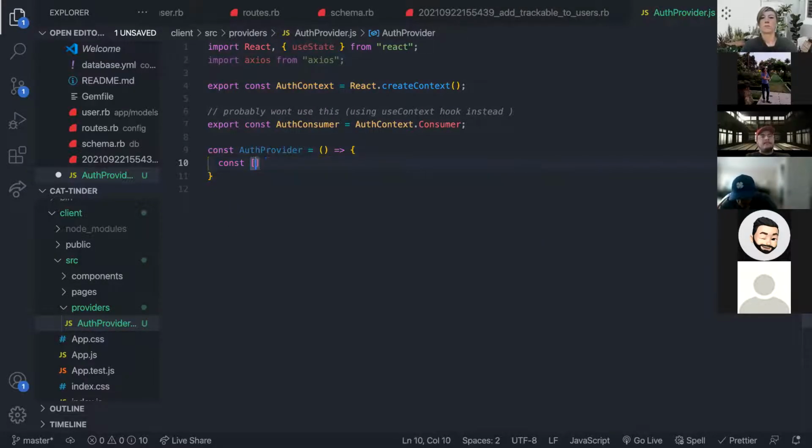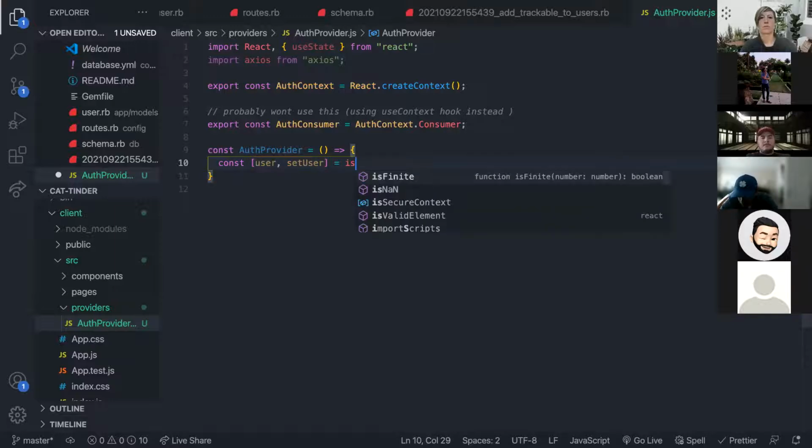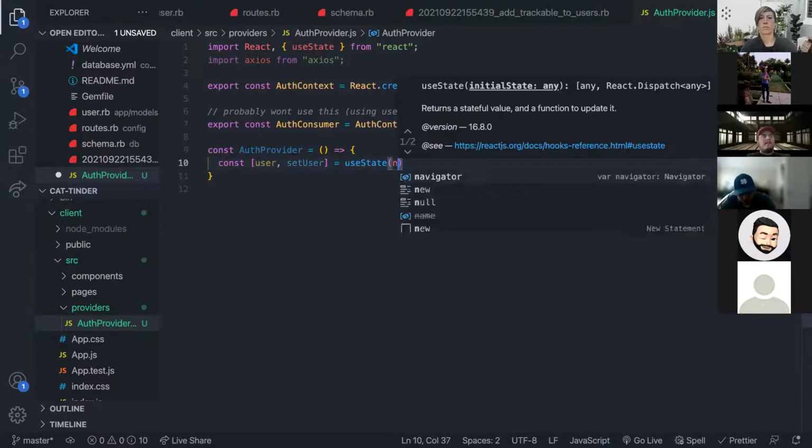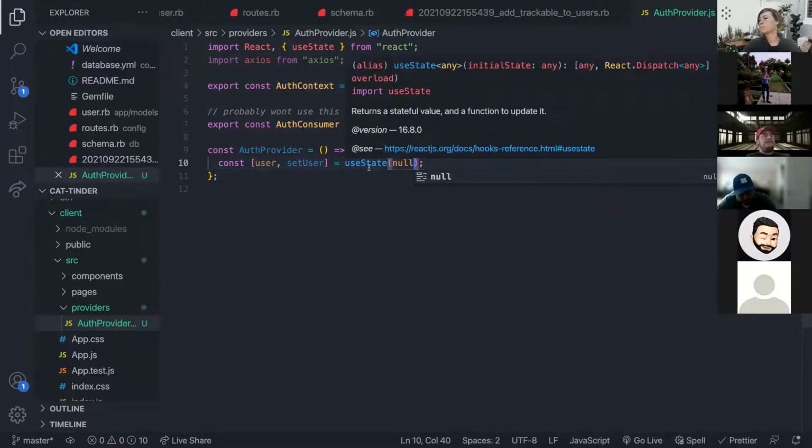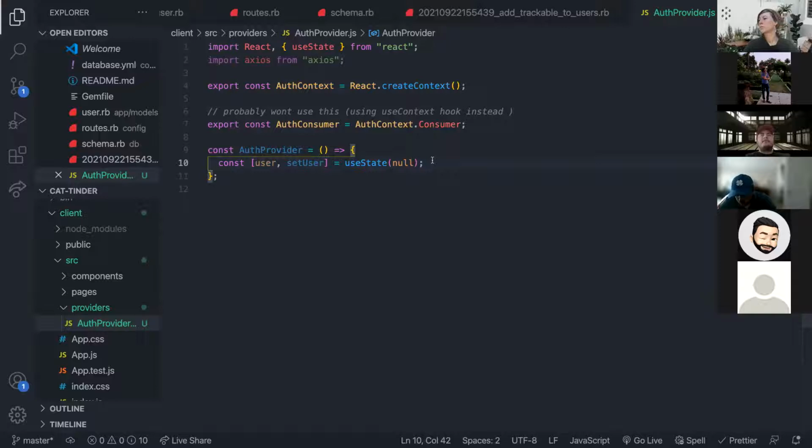So we're going to have some user state, setUser. This is going to be our user that we get back from the database. Now I want to set this to null by default because a null user is going to represent that we don't have a logged in user. So by default, we don't have a user. Let's go ahead and